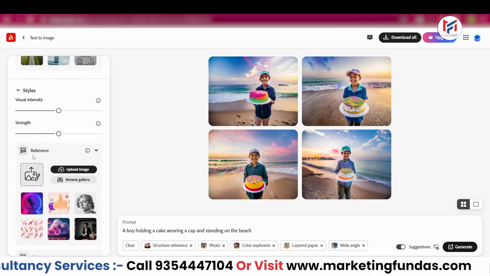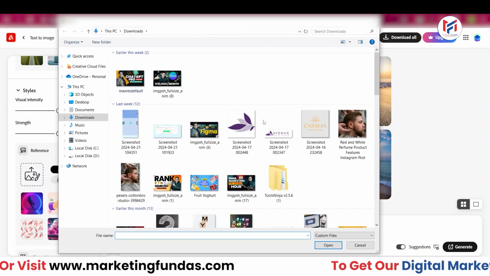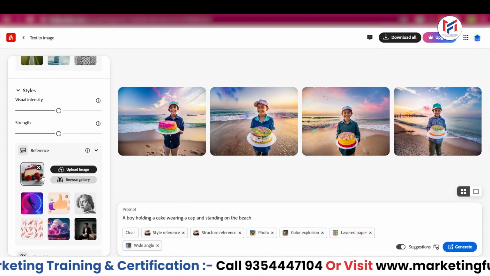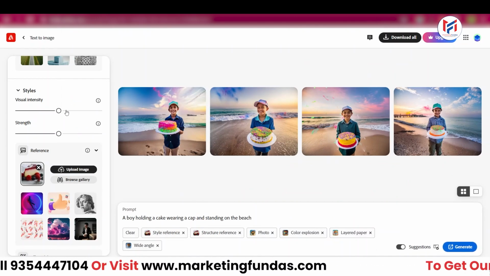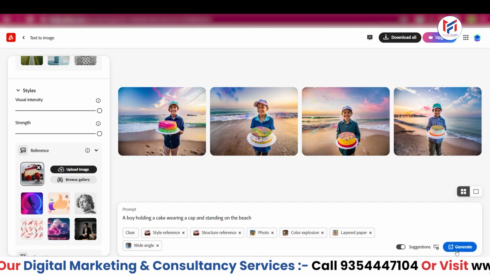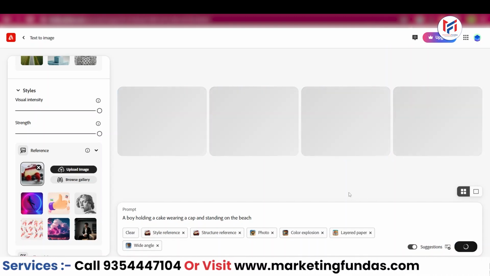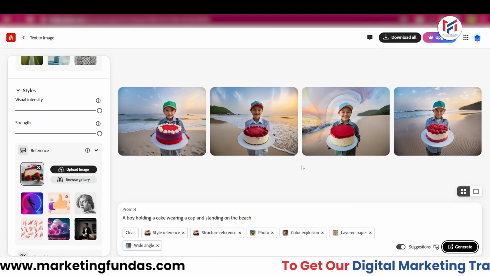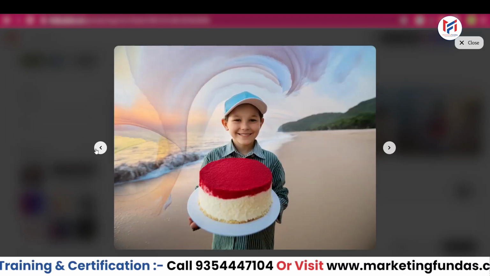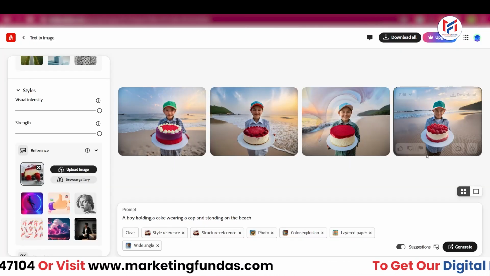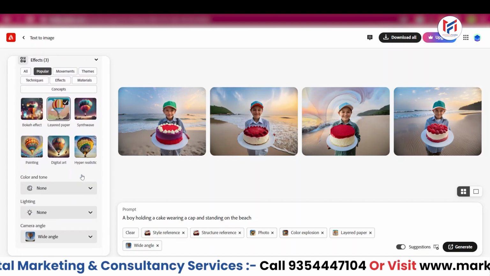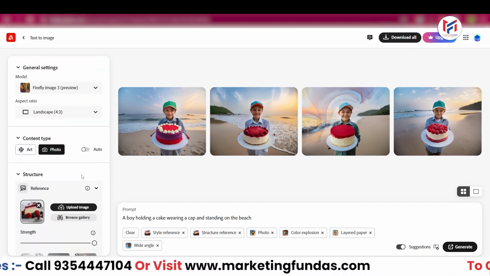You can add the image into the style part as well. For example, if I click on upload, I select the image again from here, that same image. Let's see what we get this time. We have selected it into the style part, and I'll select the strength 100%, visual intensity also 100%. I've hit the generate button and wait for a few seconds. Now the cake is looking almost the same. As you can see, red velvet is here, everywhere is red velvet, and wide, obviously wide angle, color explosion, and other things are here. In the same way, you can try different things, and obviously you will get